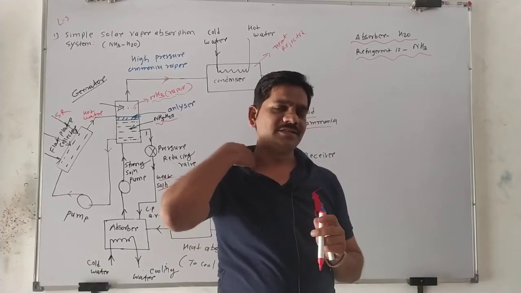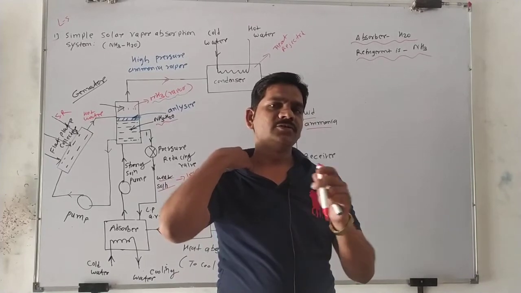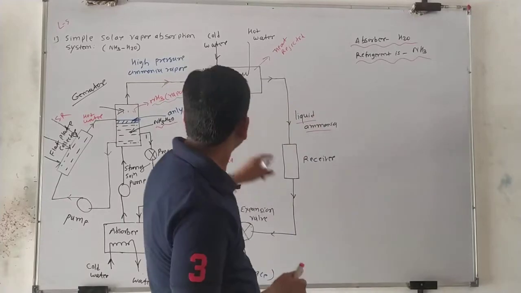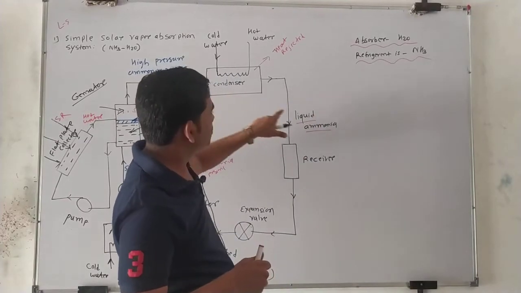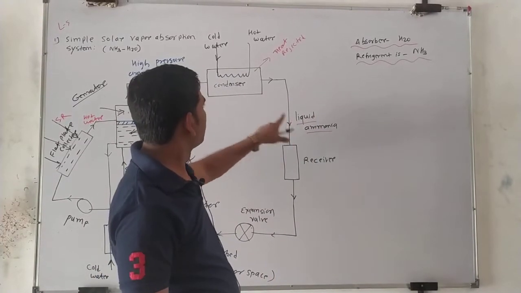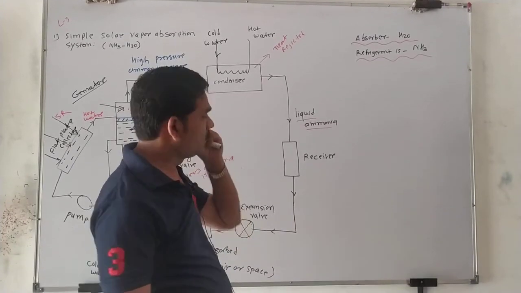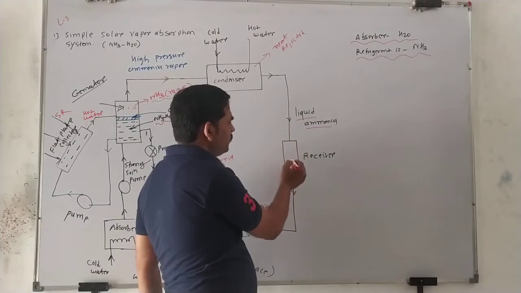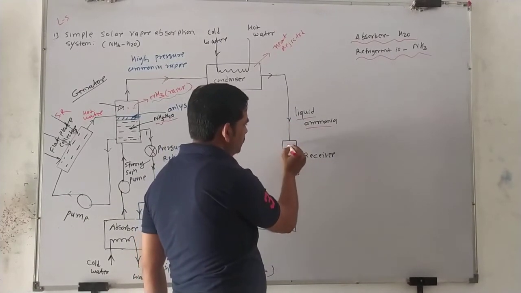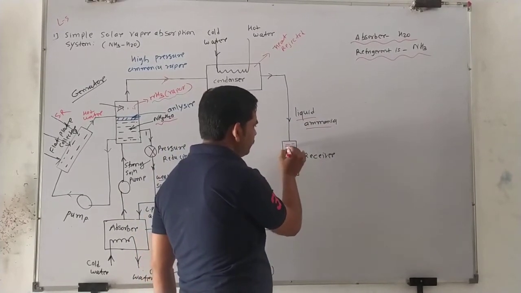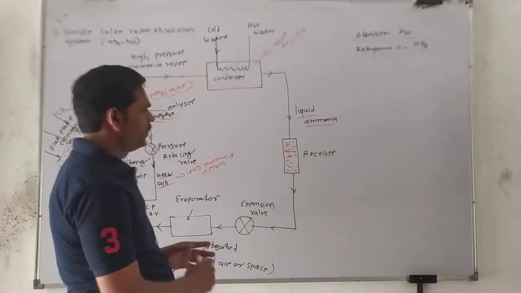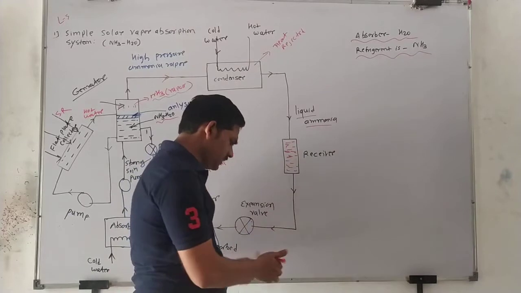There is a latent heat transfer. Latent heat means the change of phase takes place. That is called latent heat. So this ammonia vapor is converted into liquid form with the help of the condenser, because there is heat exchange. Then after this, the liquid ammonia is collected where? Inside the receiver. This receiver collects this liquid ammonia. Now after that, what is here? This liquid ammonia,